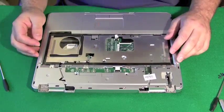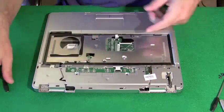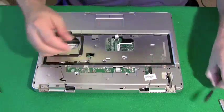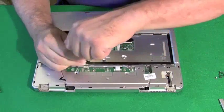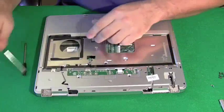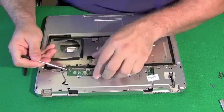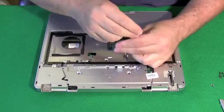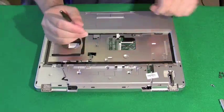Now our objective is to remove the top part of the case from the bottom part of the case so we get to the motherboard. So let's get that ribbon cable unattached. And this computer has a little circuit board here that needs to be removed, which we'll do now. Not all computers have this circuit board. This was where the power buttons are. I'm just going to take a screwdriver and just pop up the side a little bit, and the whole plate should come right out. There we go. Now we're going to start removing screws from the top plate. Any screw that we see that appears to be holding the top part of the case